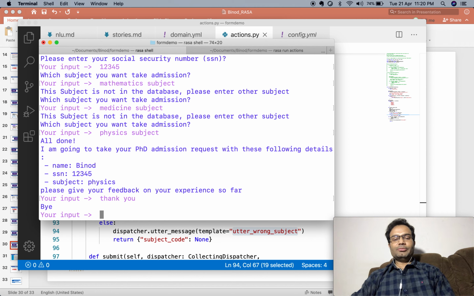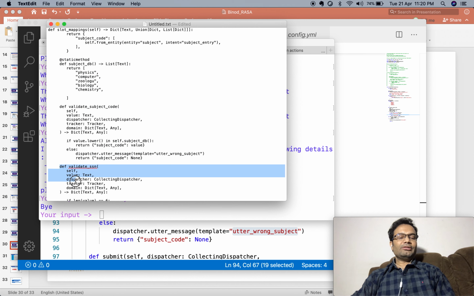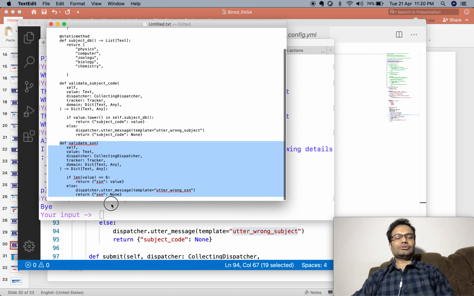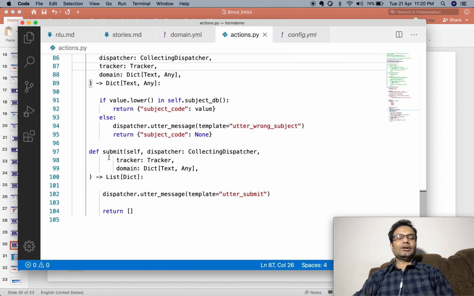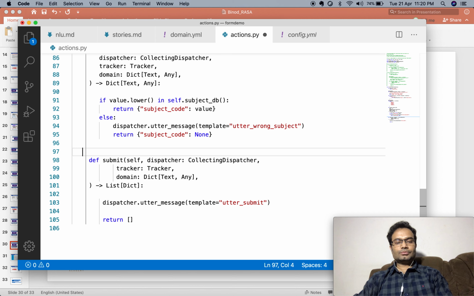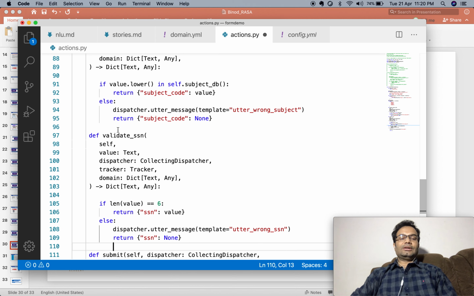Let me put one more validation on the social security number. I need only 6 digits. Right now it accepts any number of digits, but I want to restrict it to 6 digits. So you add one more validation on the social security number. That's it. Go to the code here and let me explain what I did.